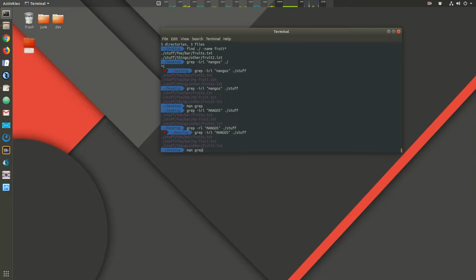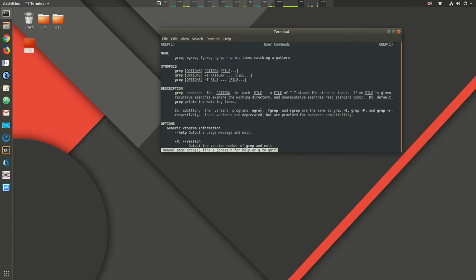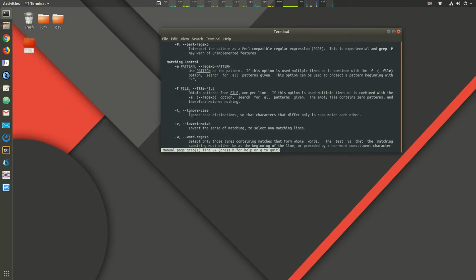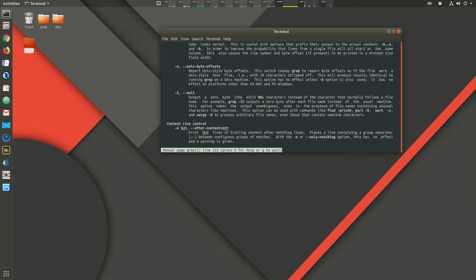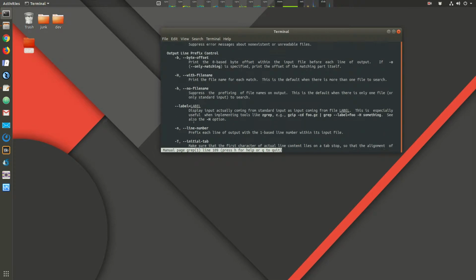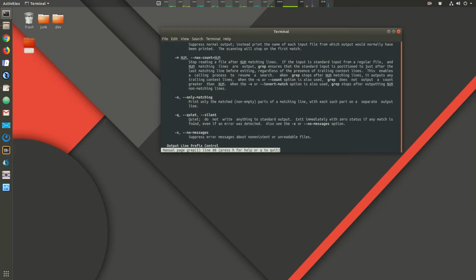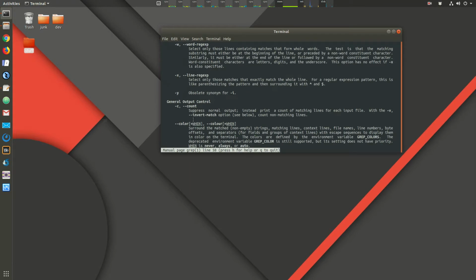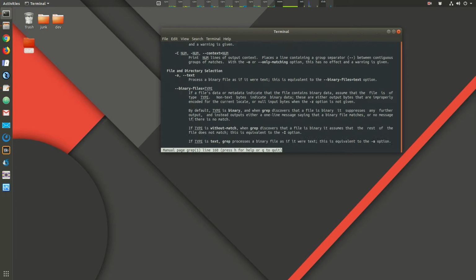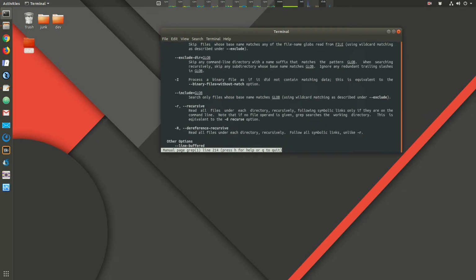So let's look at the grep command and see what else. We have the r option. Let's see where that is. There we go, recursive. Read all the files under each directory recursively, following symbolic links only if they are on